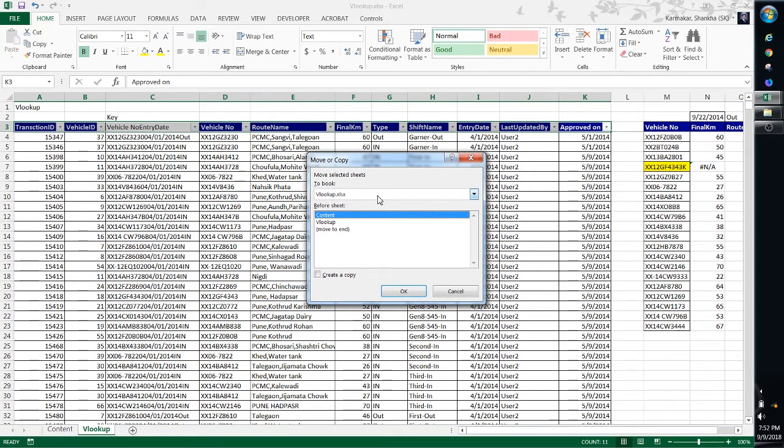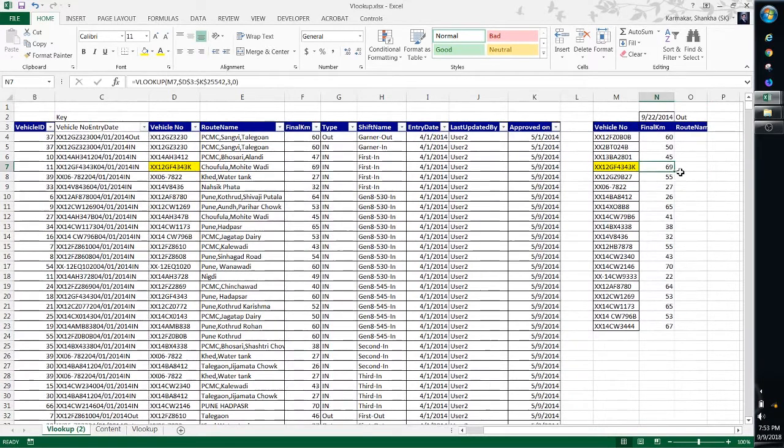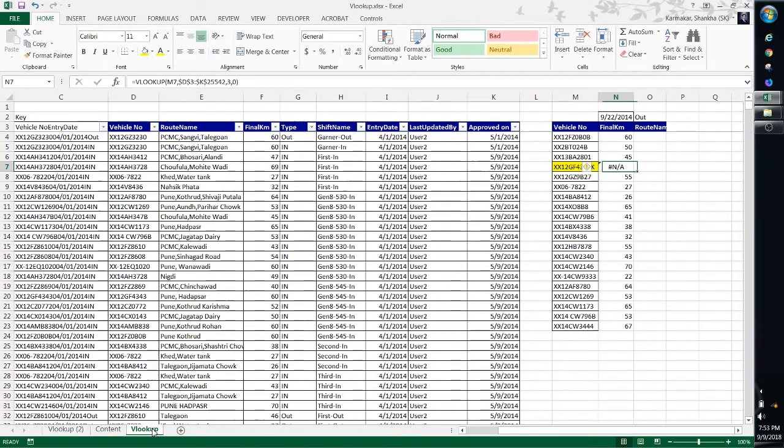I'm going to move it into the same file as a create copy, and what I'm going to do, I'm going to add this into one of the vehicle number. So that way what happens, we get a match here. But if you go to here, so this is the new file, and if you go to the old file, you still see there is a NA. So using VLOOKUP and IFERROR, what you can do, you can achieve that by doing a multiple VLOOKUP between